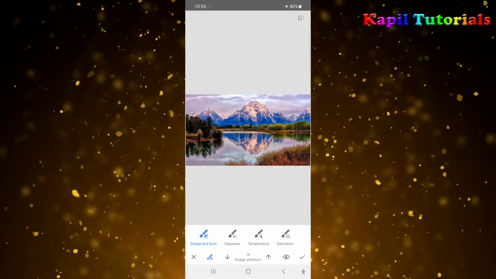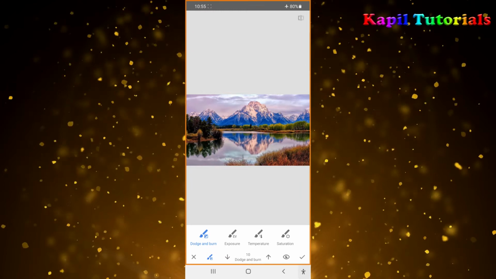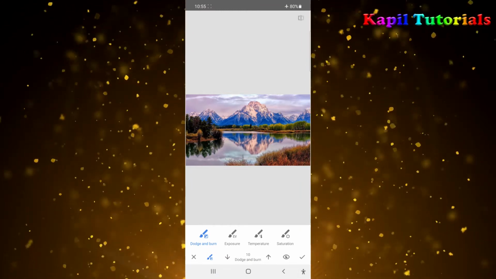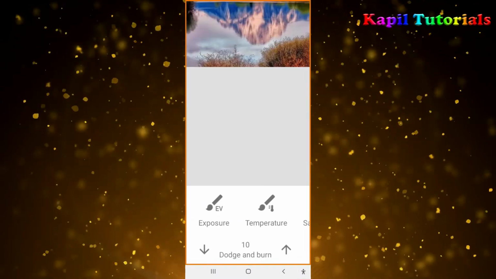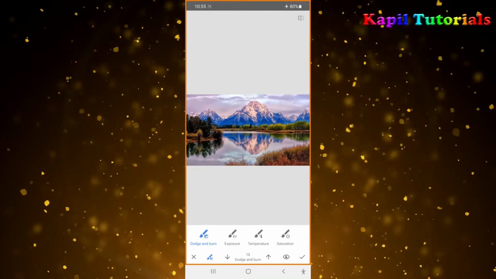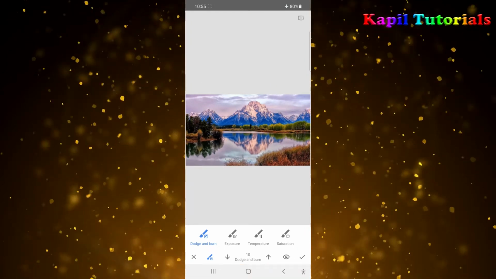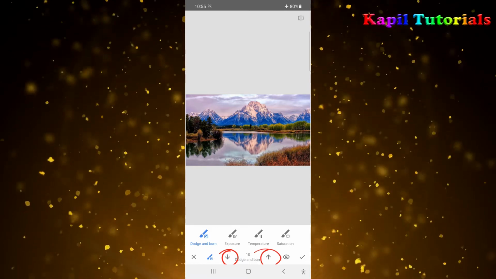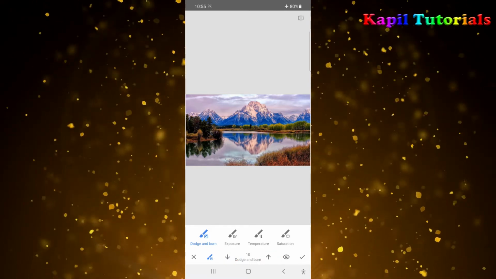Now suppose I'll show you. Here is the option, two arrows are there at the bottom. See here at the bottom, dodge and burn 10. So I can click on these arrows to increase the effect or decrease the effect.